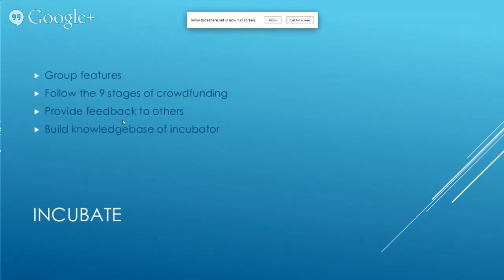Incubate is a group, it's the crowdfunding incubator, and through the course of the 1.5 years that Reality Crowd TV has been in existence, we've been able to distill the crowdfunding process into what we call the 9 stages of crowdfunding. The incubator tab is organized within those 9 stages so that we can ultimately have people who have projects putting information that's more detailed into each of the respective places